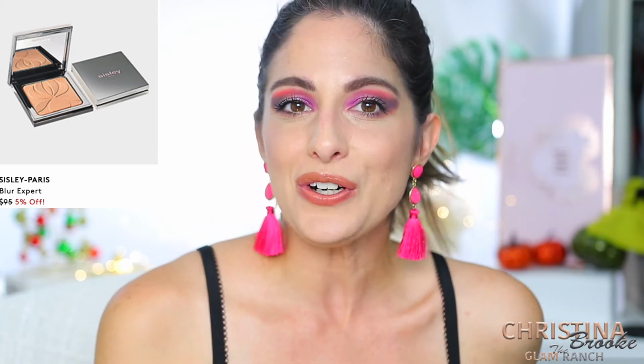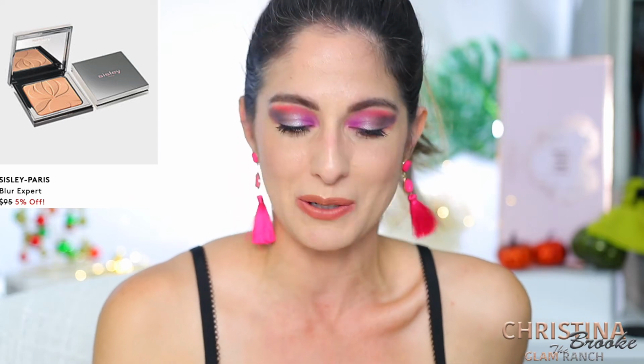And I have heard that the Sisley powders are just so beautiful and so finely milled and so amazing. And yes, I would love to put this $95 powder all over my face. I think it would be an amazing experience. But yeah, I wouldn't buy it, you know, so...